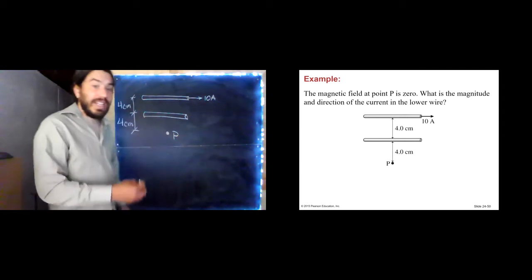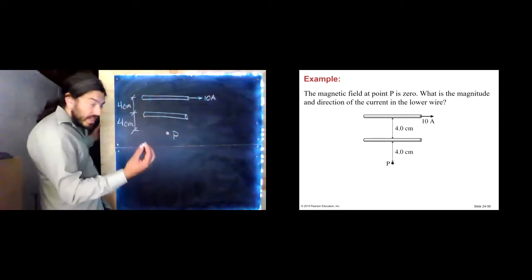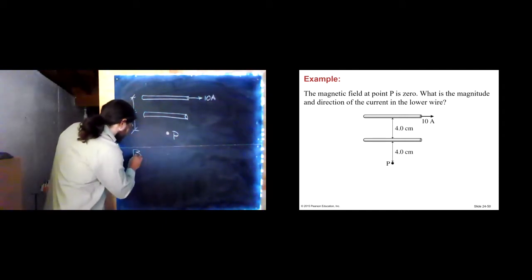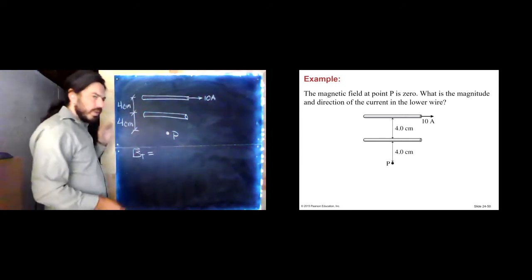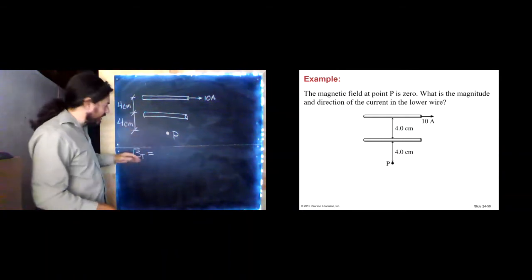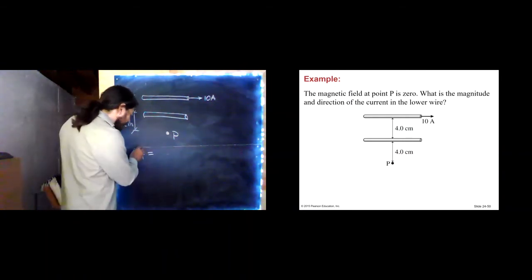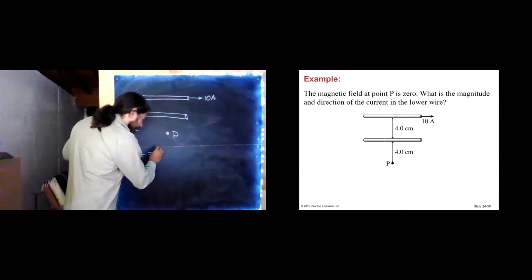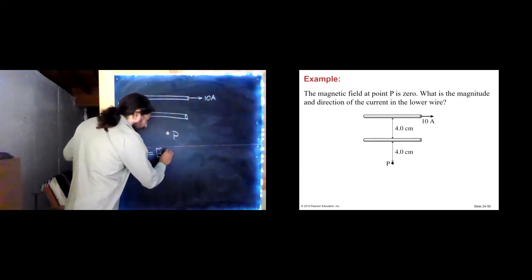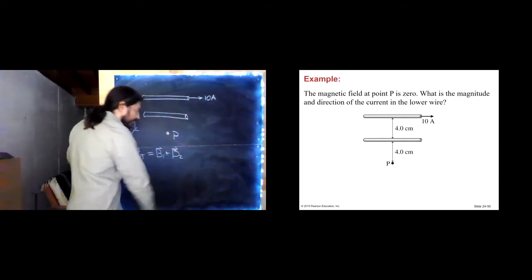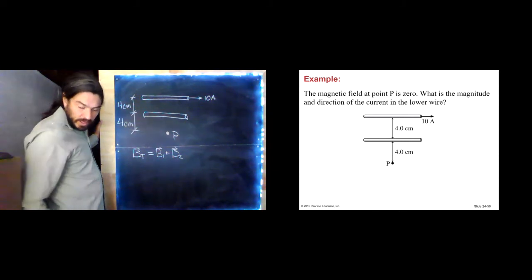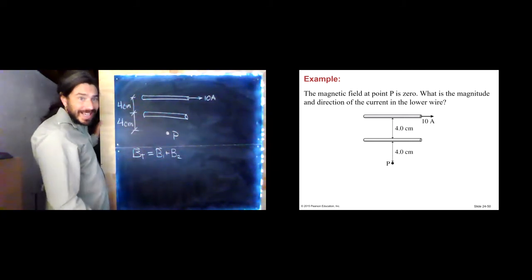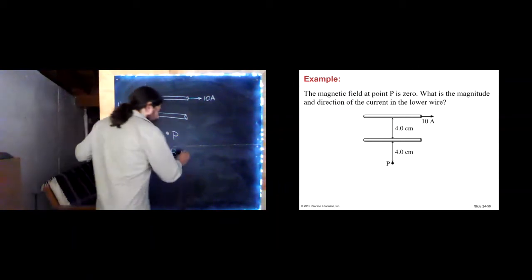And so in general, we could write the general statement that the total field, and we don't even have to worry too much about figuring out directions right now, as long as I include a vector, the total field will be the vector sum of the field due to the first wire plus the field due to the second wire. Pretty general statement, and one that I think we can believe in. And the problem statement says that that should be 0. So this equals,